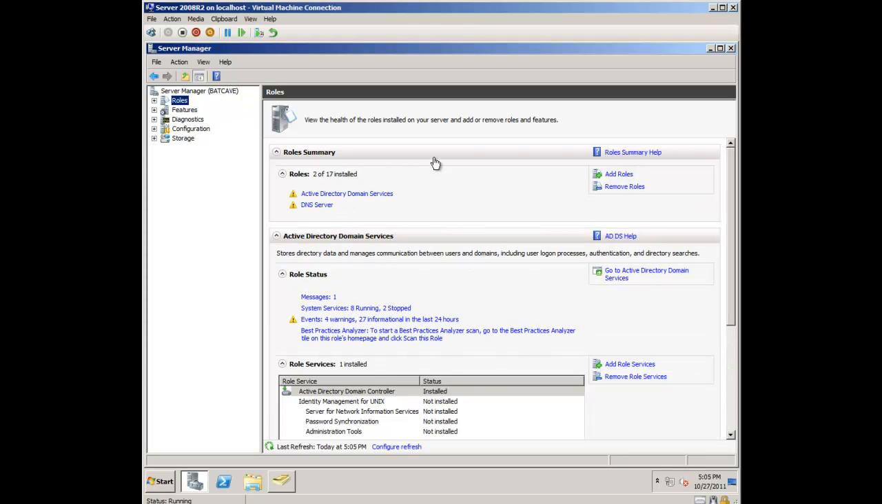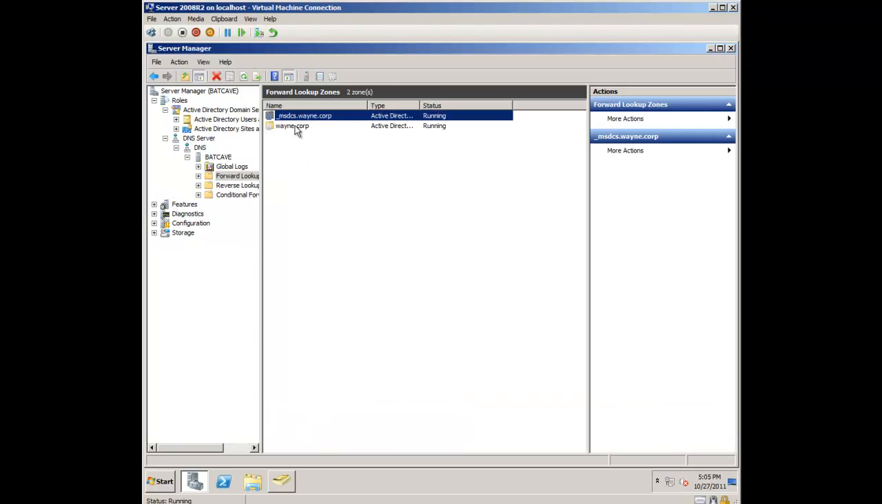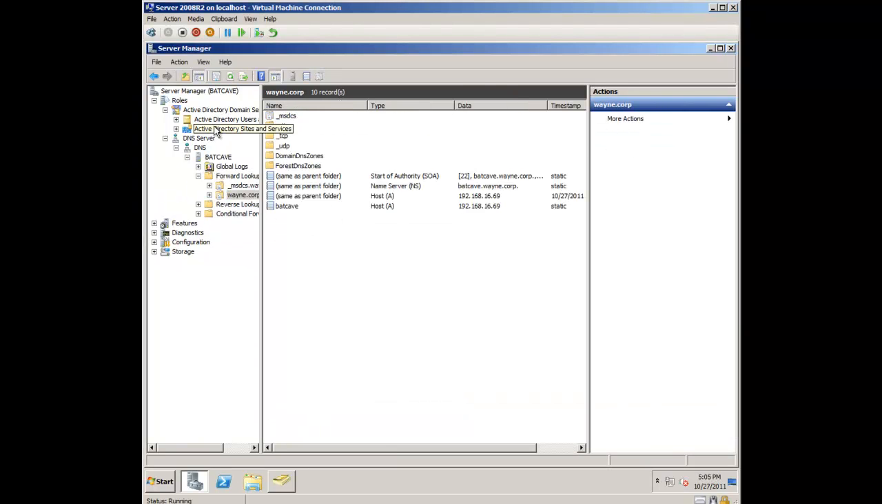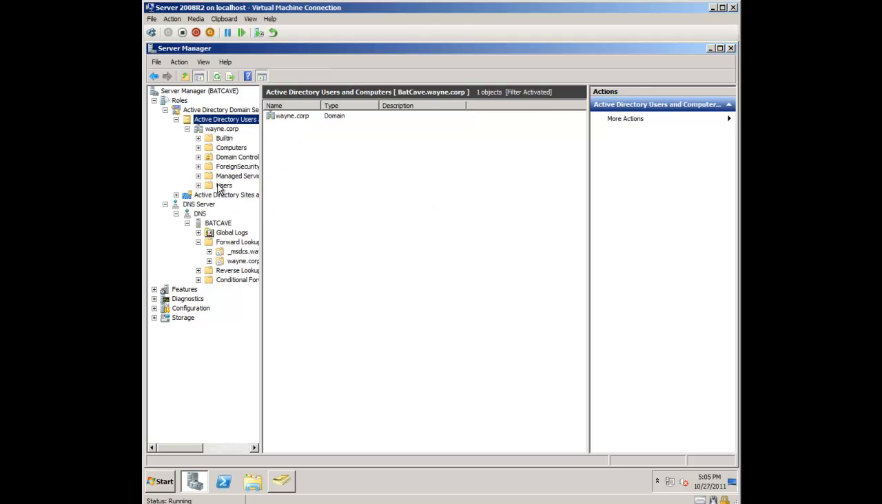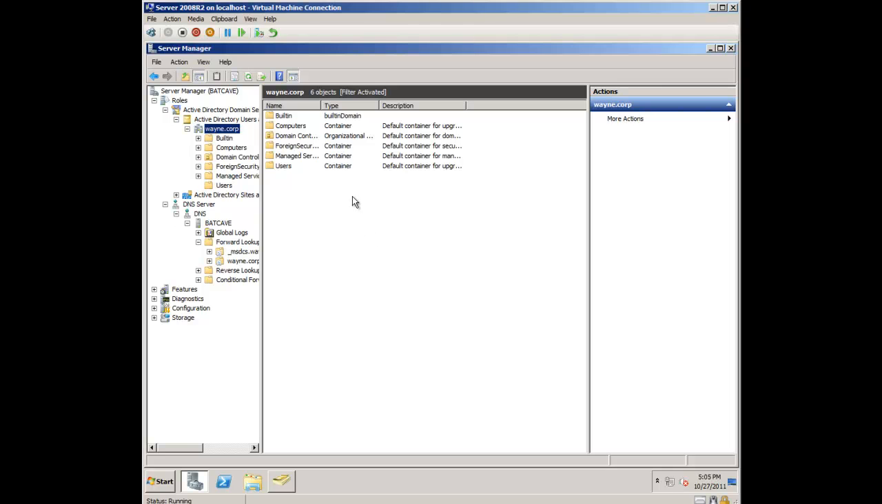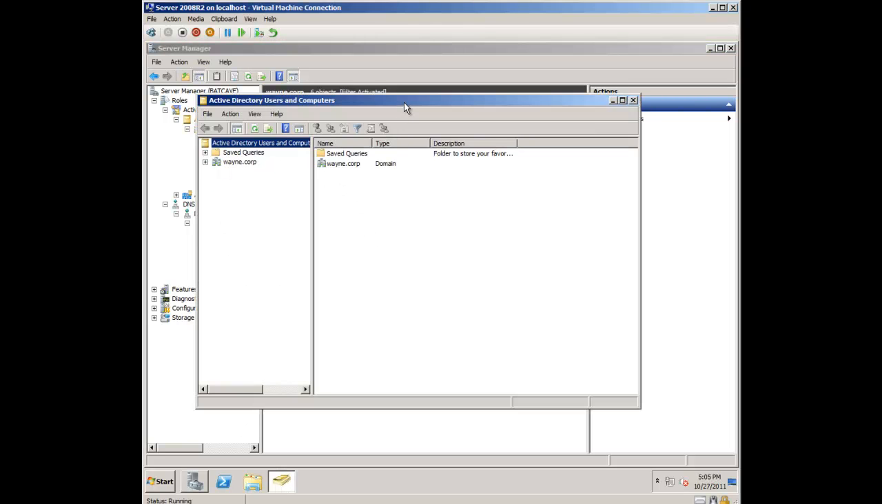Well, I take that back. My server name's Batcave. I completely forgot about that. So you can see that server Active Directory is installed, as well as DNS. You can also tell that by expanding out the roles and getting into their consoles. See, there's a forward lookup zone for Wayne Corp. You can also come into your Active Directory for users and computers, expand it out, and there are my containers. Here's the actual users and computers